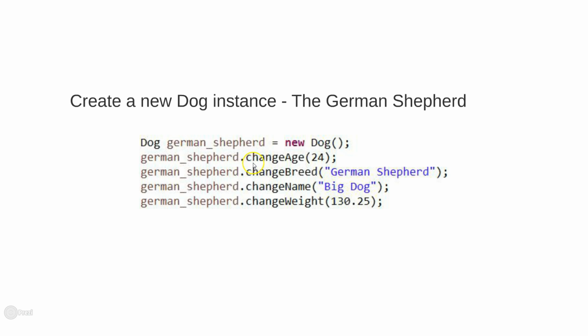But you can notice that there are different variables being set through the functions or methods of this object. So for example, change age allows us to change the age to 24, change breed allows us to change the breed, changing the name allows us to change the name,